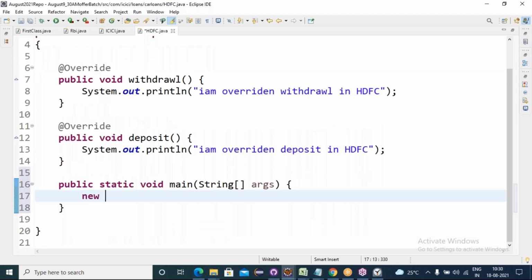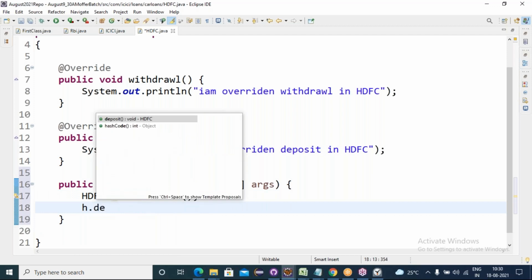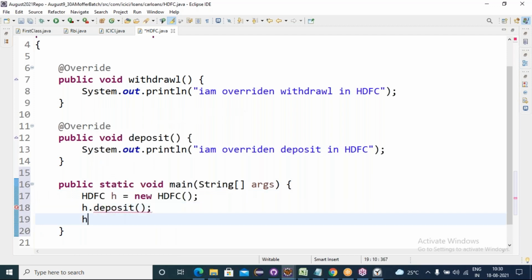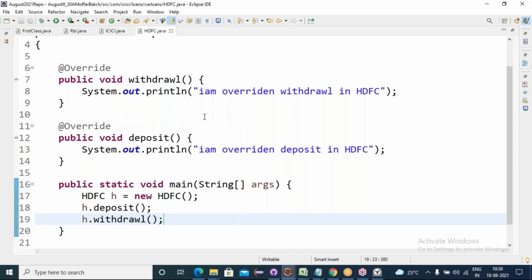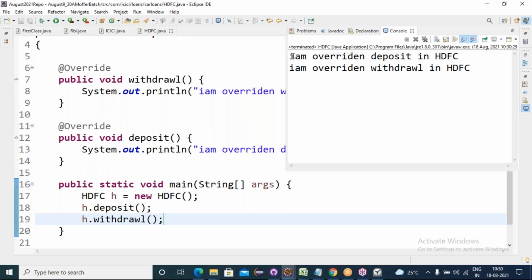New HDFC is an HDFC class object, stored in a reference variable like h or anything, of HDFC class type. Now h.deposit is coming from HDFC, h.withdraw is coming from HDFC. If I run this program, yes, the implemented methods are coming here.